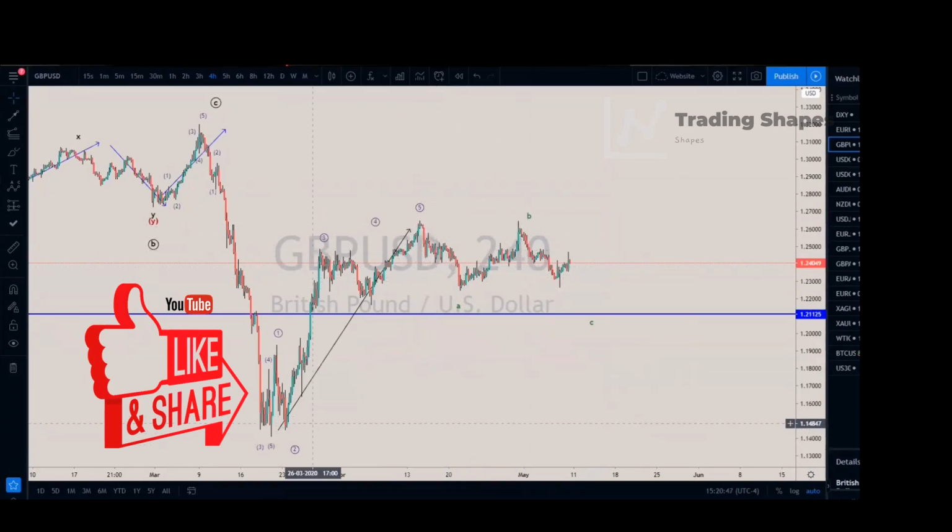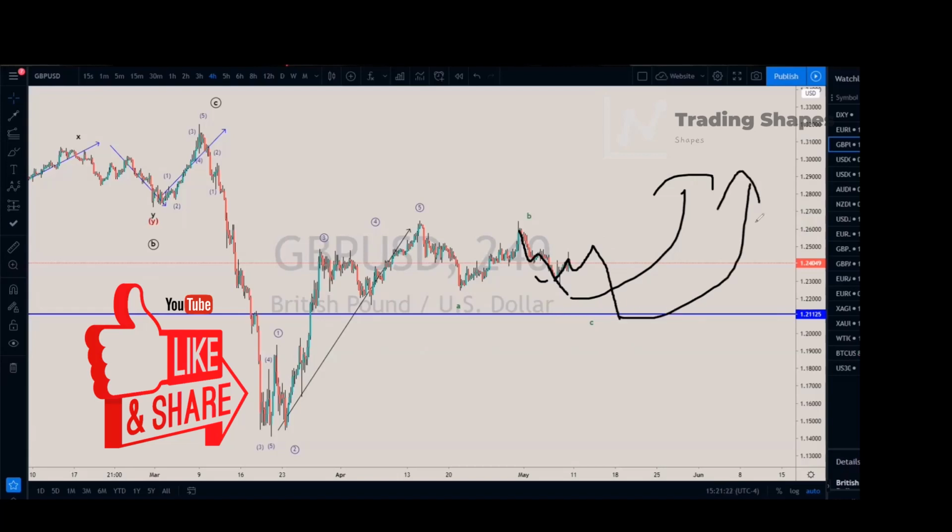For GU. GU, as expected, if you saw last week's webinar or the YouTube, I'm expecting a correction, a 5-wave down, and then up, but it did a 3-wave instead, and it's heading up. So what I'm expecting is something like this, and then one more down, and then up from here.